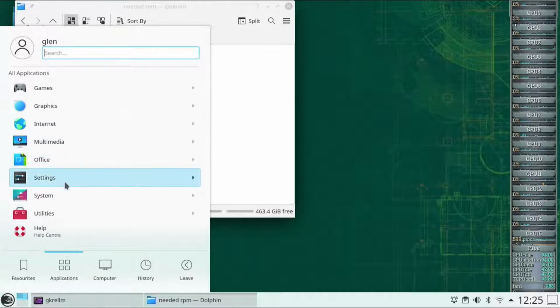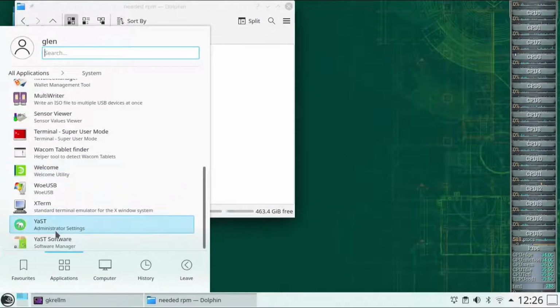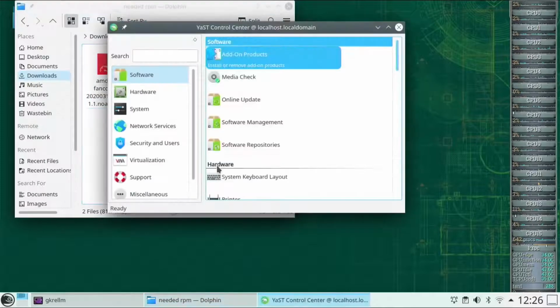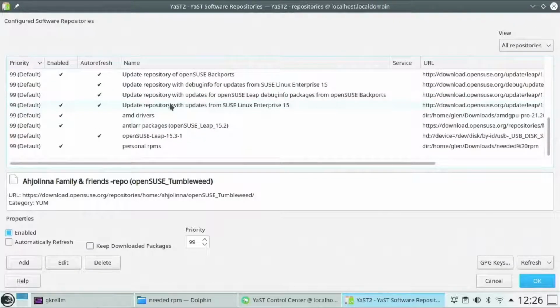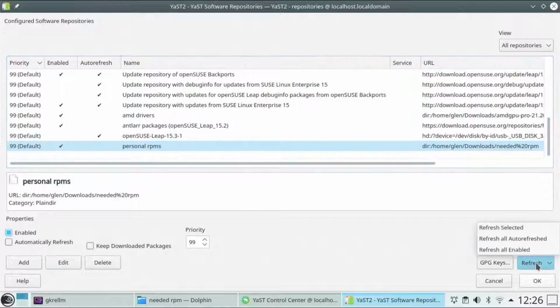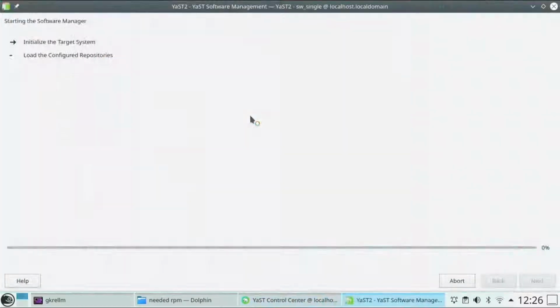And then system YaST2, go to software repositories, find personal RPMs and just refresh selected, close, come out,